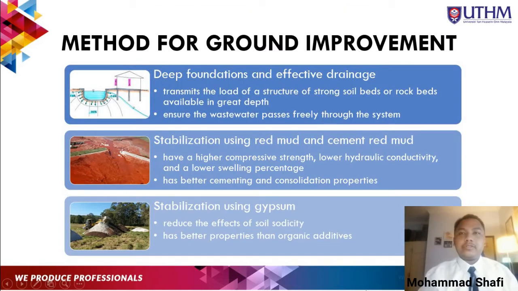Alright, now we're going to talk about methods for ground improvement. First of all is deep foundation and effective drainage. Light foundations and associated structures are severely harmed by expansive soils. Engineers on the other side can identify swelling soils and design structures to withstand the effect. So how do we counter this? Of course, we use deep foundations that are intelligently designed, as well as effective drainage and landscape irrigation that have the potential to significantly reduce damage to new homes. So, the hazard of expansive soil must be recognized in grading and building codes, and explicit mitigation must be provided.